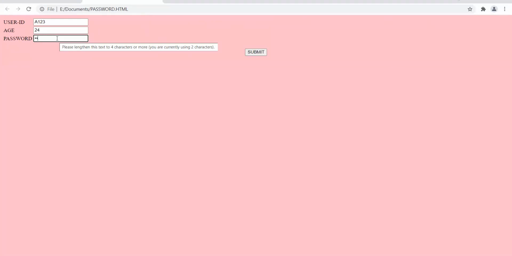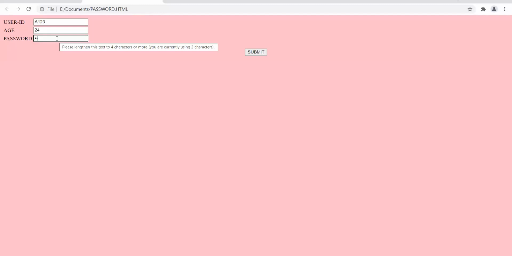So browser is sending message to me that I should cover up the minimum length for the password. Right now, I am not covering the required length. Required length is 4. Minimum 4 to hona hi chahiye. But I am giving 2 characters. So browser is displaying the tooltip to me.